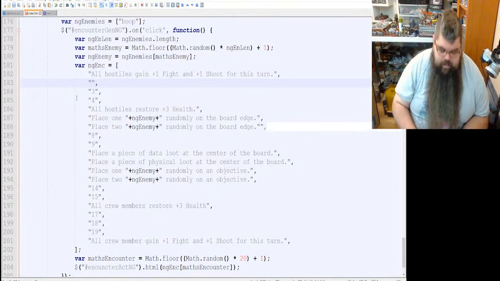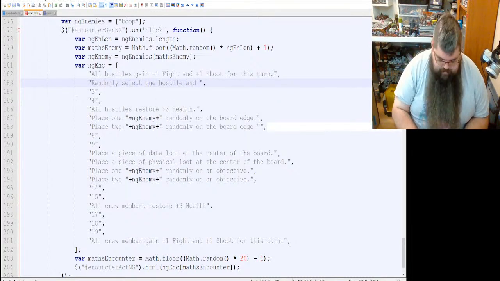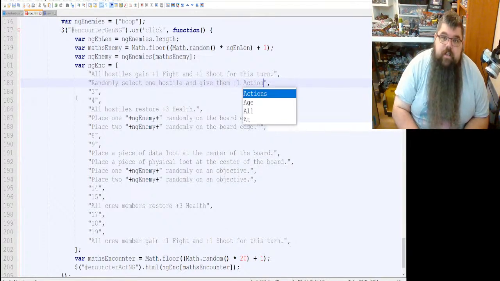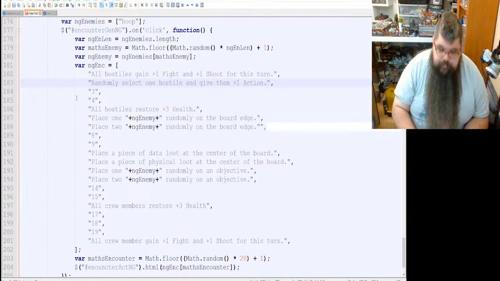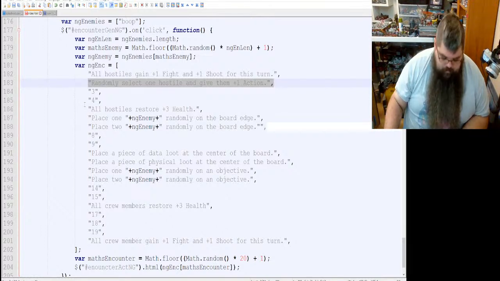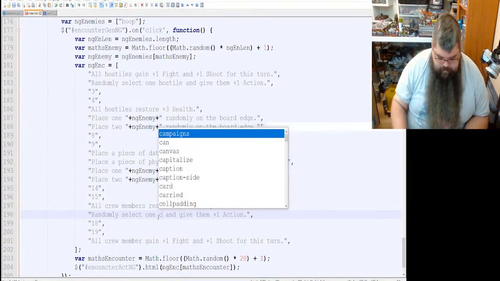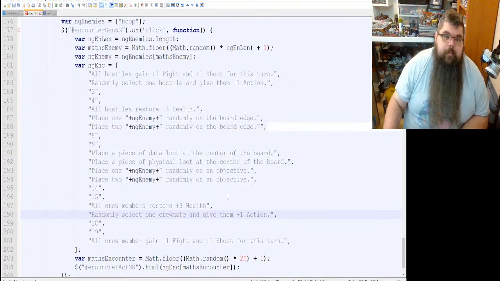So let's say randomly select one hostile and give them +1 action. That's just a nice bonus that can randomly happen. Or that's a bad bonus that can randomly happen, but we'll do the opposite down here. +1 crewmate.